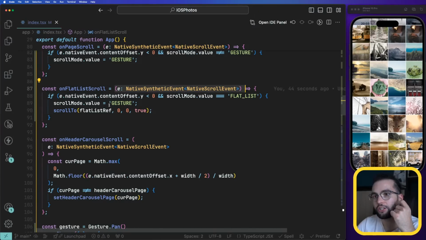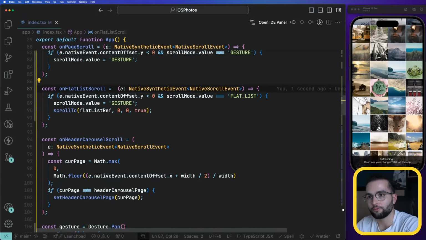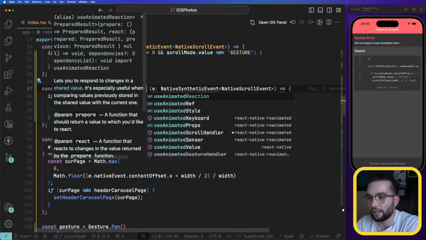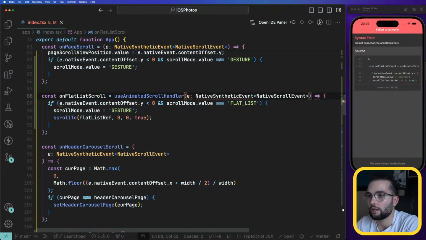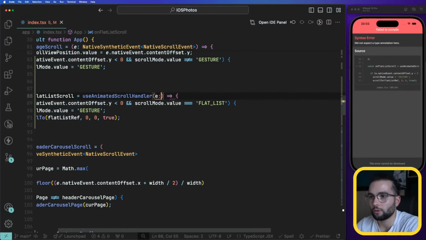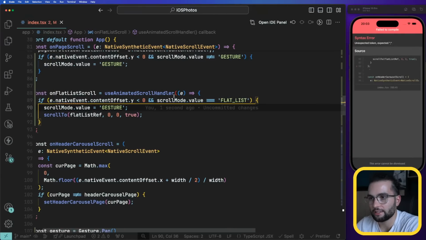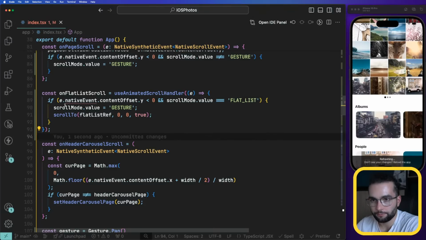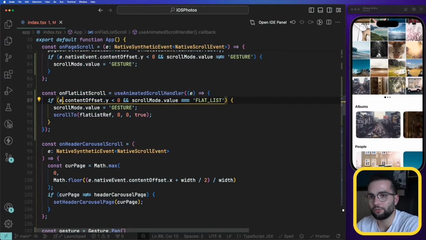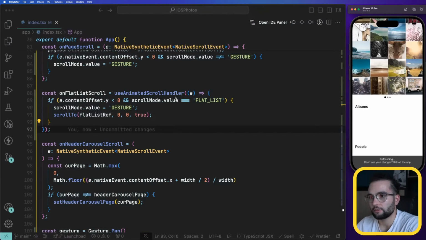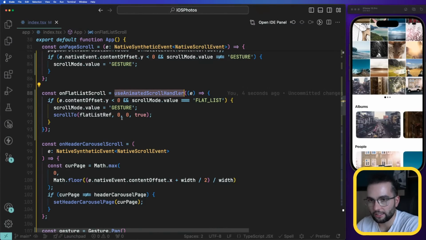So instead of normal function, I'm going to move here from this one to a use animated scroll handler, which doesn't need the type, which simply will have E as event. At the end it needs a closing bracket, and it doesn't need the native event because it has content offset right away. Just like that, just by using use animated scroll handler,